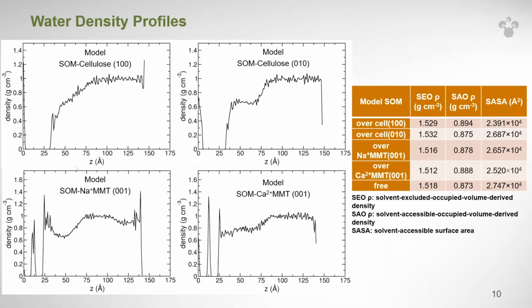So, for instance, looking at the montmorillonite system, we see that there's this trough here where there is not a lot of water inside the core of this, because the core actually has quite a bit of lignin and the lipid inside of it, whereas it seems to be a little bit more uniform in density when you go and look at the density for the calcium